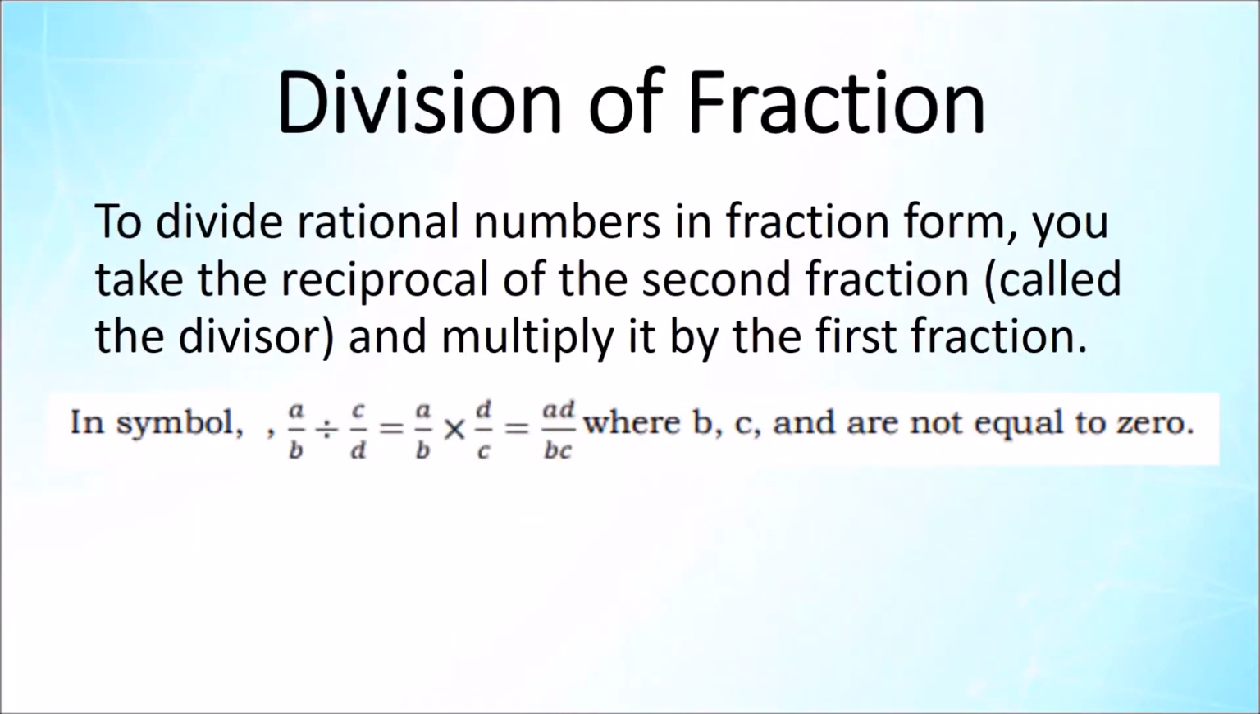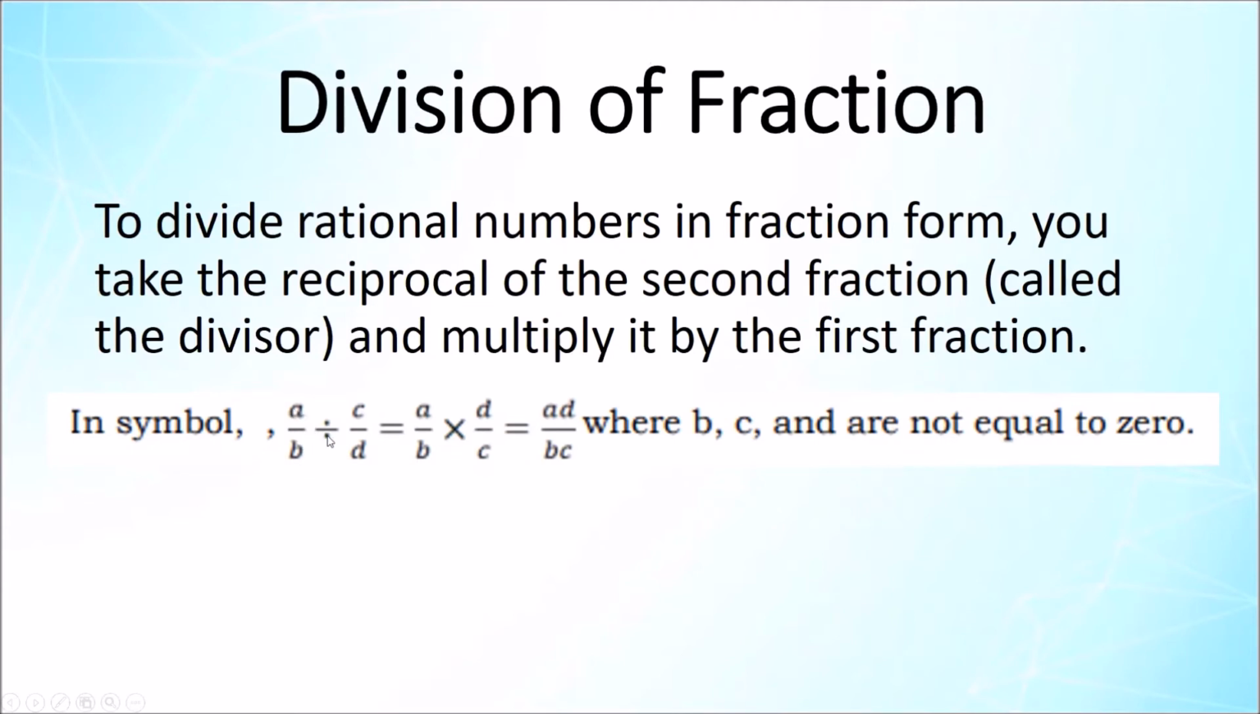To divide rational numbers in fraction form, you take the reciprocal of the second fraction called the divisor and multiply it by the first fraction. Ibig sabihin, ay ating i-reciprocal ang divisor at ang operation papalitan nating multiplication and we follow of course multiplication of fraction or rational numbers. Example, a/b divided by